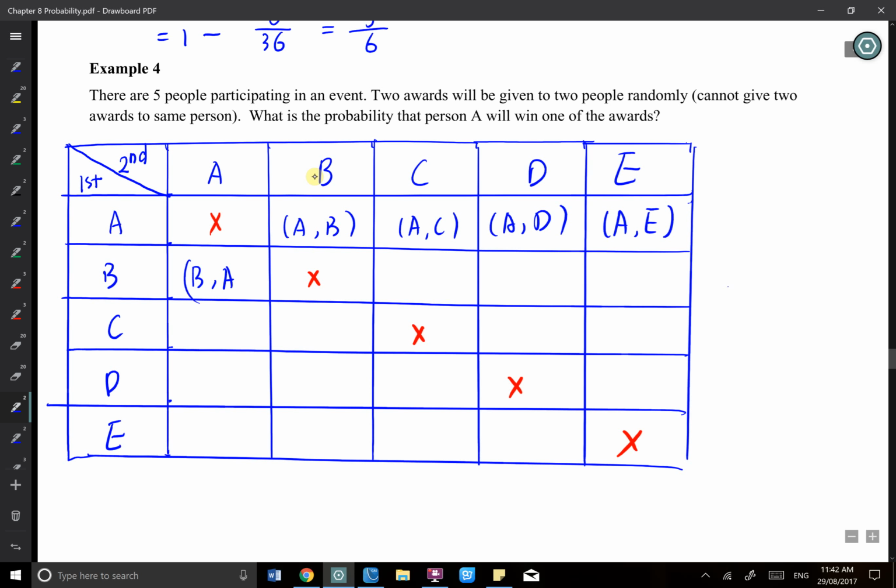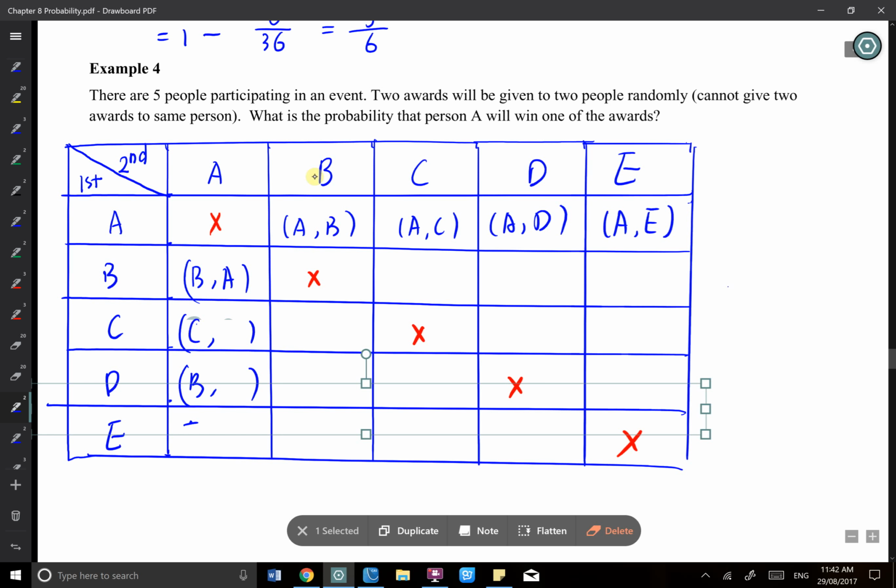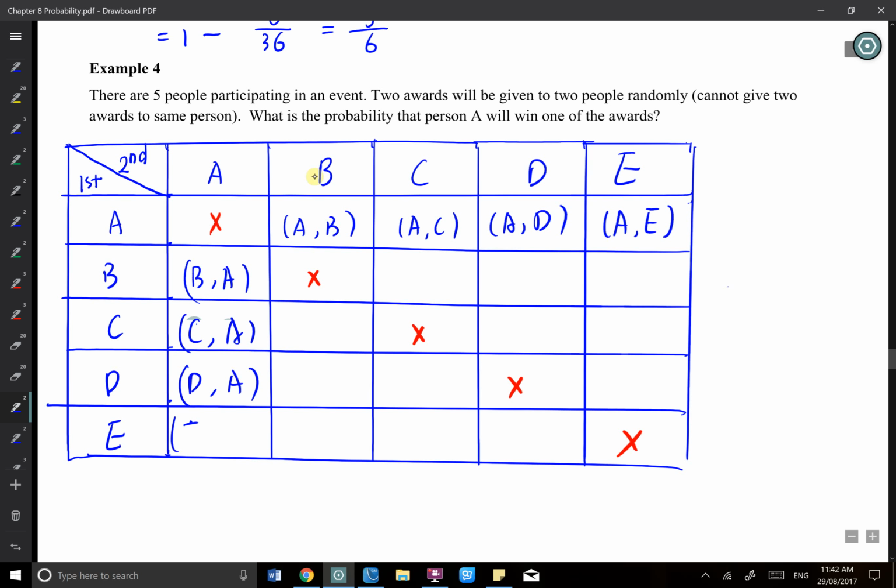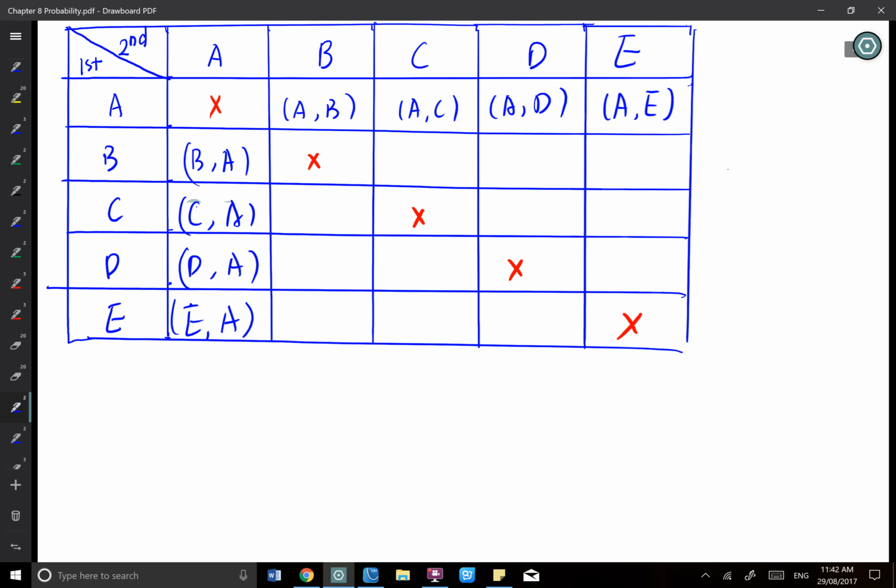B-A, B-C, B-D, and B-E. That's a C-A, that's a D-A, and that's an E-A. Okay, that's the second award being given to the first person. Okay, the second award is given to A. And I have the other rows, I'm not going to fill in all the rest, but the